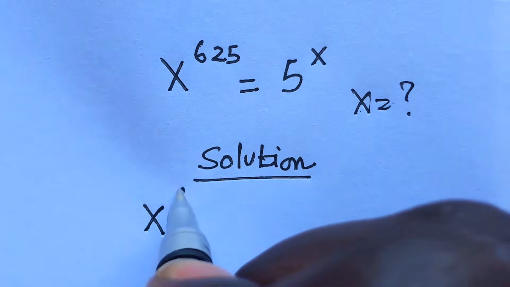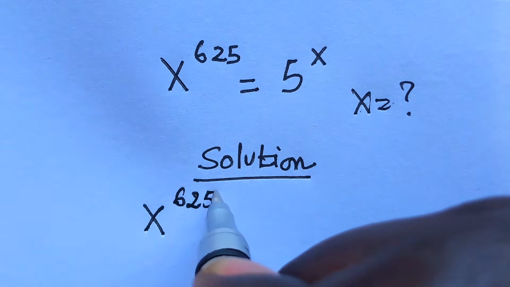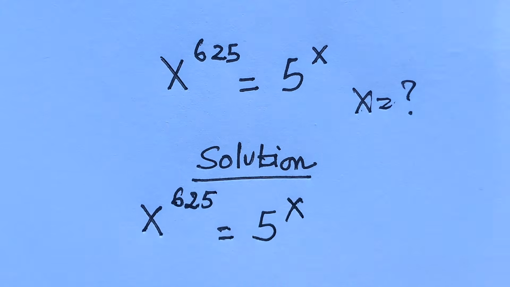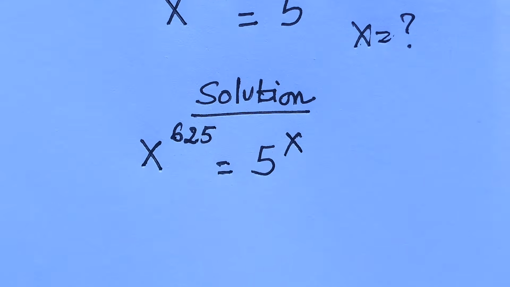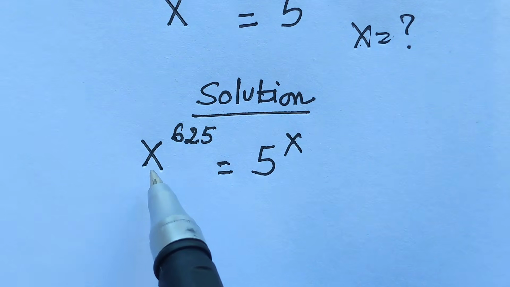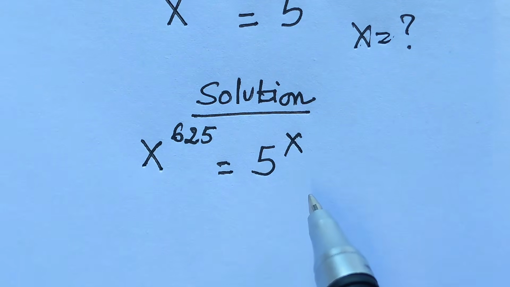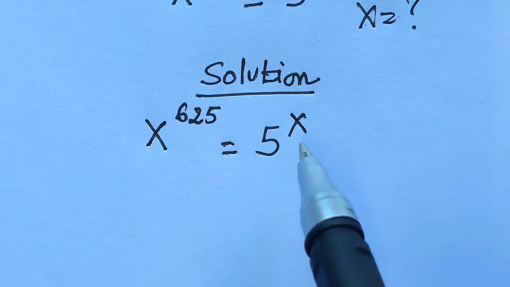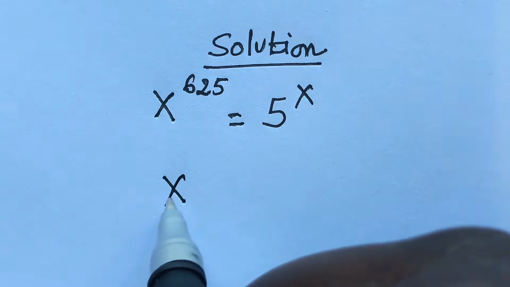x^625 = 5^x, right? Then what are we going to do? First of all, we want to make one part for variables and one part for real numbers. First of all, we are going to remove this x that we have right here. So we take this one, x^625,